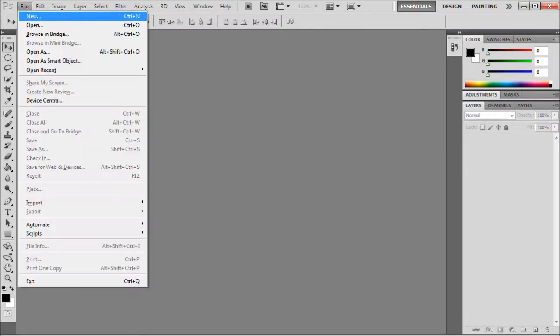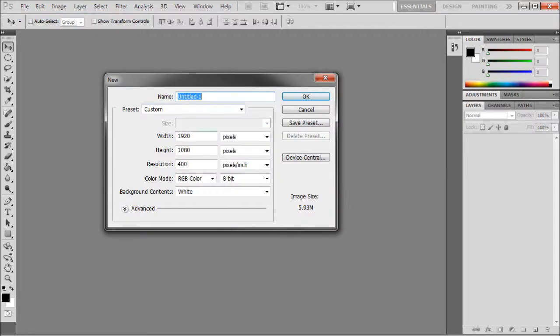So the first thing we're going to do is go ahead and create a new document, and the dimensions are going to be 1920 by 1080 with a resolution of 400 pixels per inch. Here's the thing to keep in mind when you're making digital imaging, is that the higher pixels per inch you have, the higher quality the image is going to be in the long run. Once I produce this image and save it to a JPEG, the quality of the image is going to be astounding